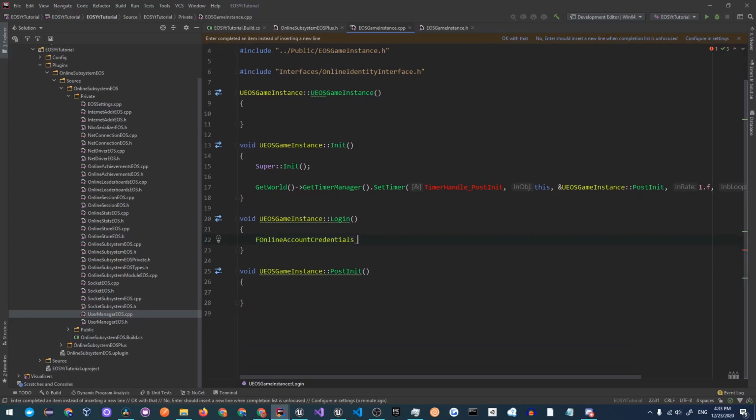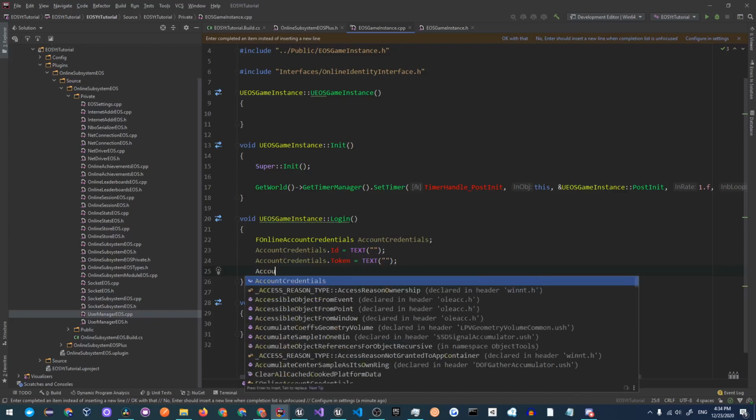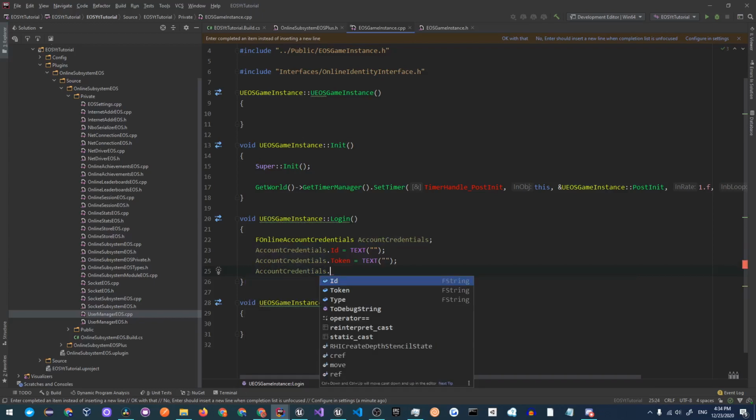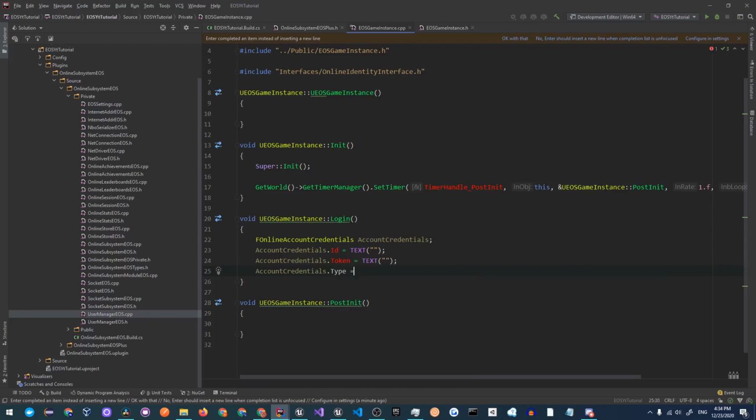Now we'll call these credentials AccountCredentials, and we'll set the ID to be just blank text, and we'll also set the token to be blank text, and we'll also set the type, and we'll set the type to be web login,